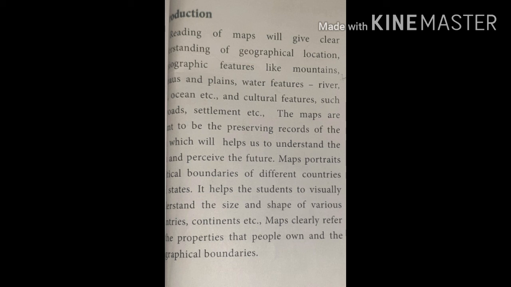So for example, if we are taking a Google map and we are searching for a particular destination, a particular location, it will show the nearest physiographic features as well as the geographical location and the nearby landmarks that are represented